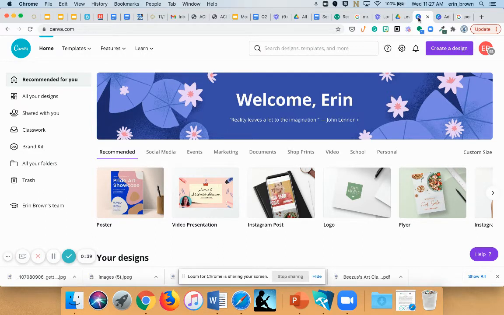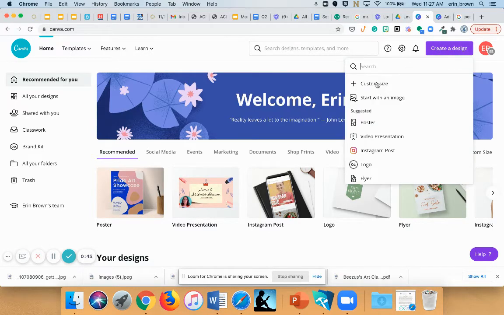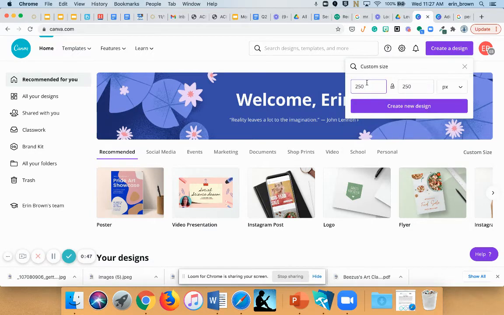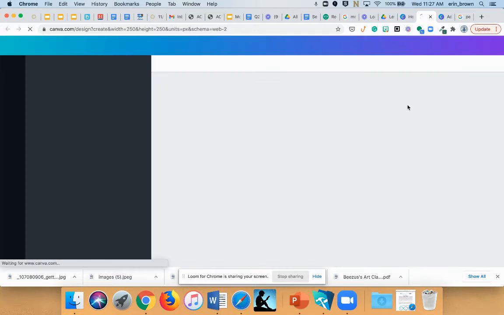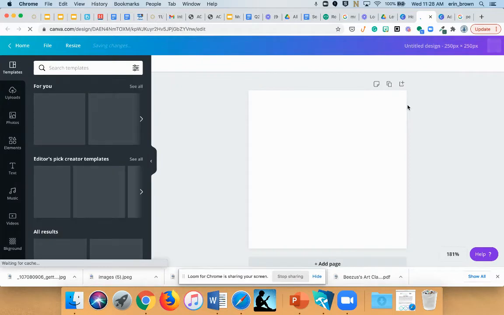So when you get into Canva, you're going to go to the top where it says create a design. I typically will do a custom size. A good size for if you would like to make a square button is 250 by 250. You probably don't want to go smaller than 250 or 200 because you can always shrink your buttons and banners in Canvas, but if you're trying to enlarge them, sometimes they can become pixelated. So you're just going to click create new design,